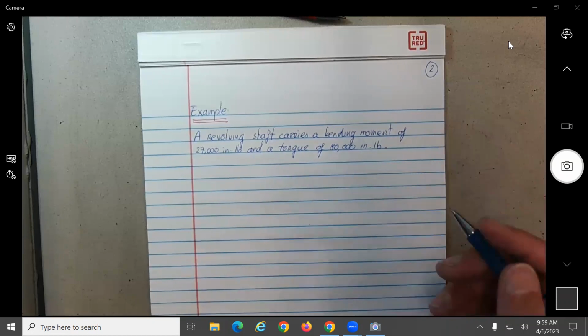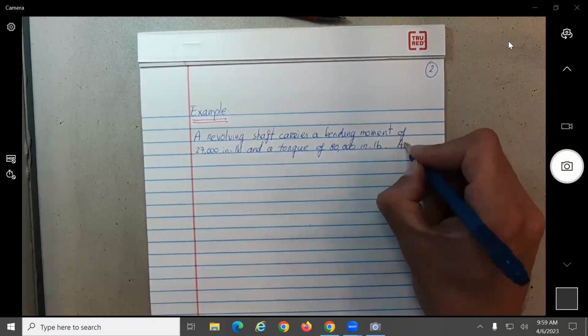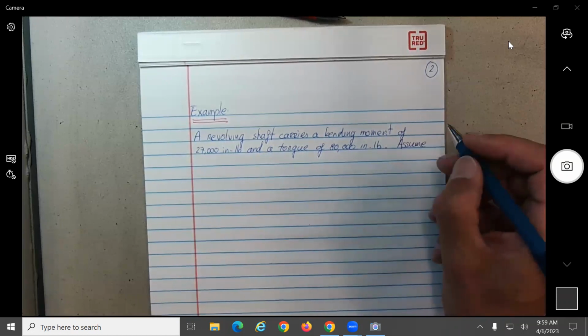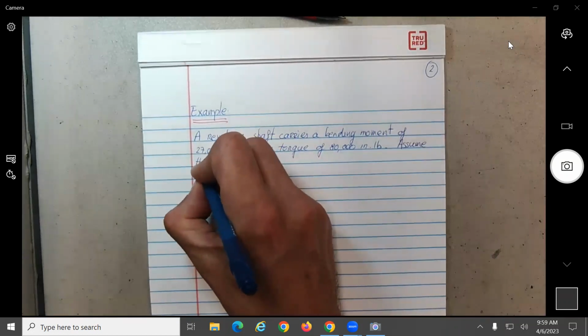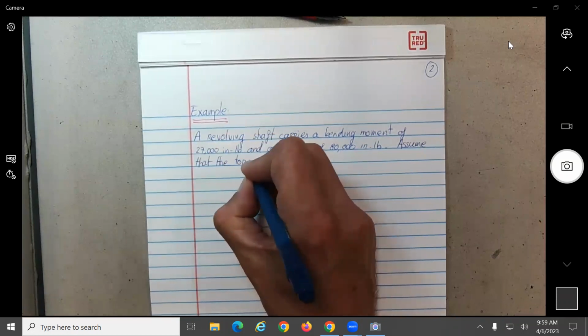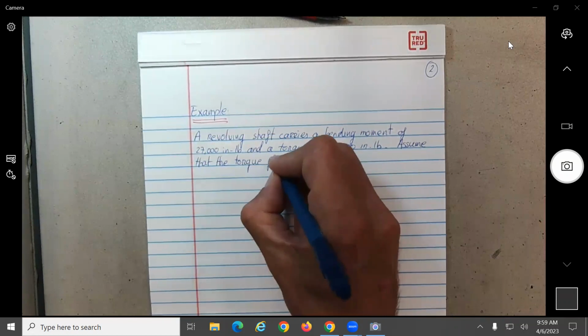Okay, so let's see now what they say. Assume that the torque, okay, so now they come into fluctuating loads. So the torque fluctuates